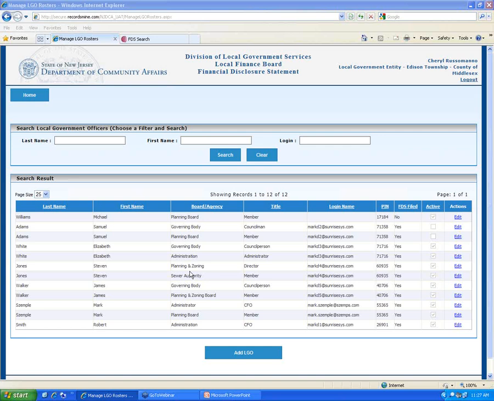I think in many respects the local finance board is forgiving of inadvertence and things that are not intentional, but an outright refusal or just ignorance of wanting to do this is certainly not something that's going to help a person. Ethics complaints revolving around financial disclosure statements are the number one type of ethics complaint that the board gets, and the board gets many, hundreds, in fact, of ethics complaints that arise out of either not filing or filing and not including all of the information that's supposed to be included.